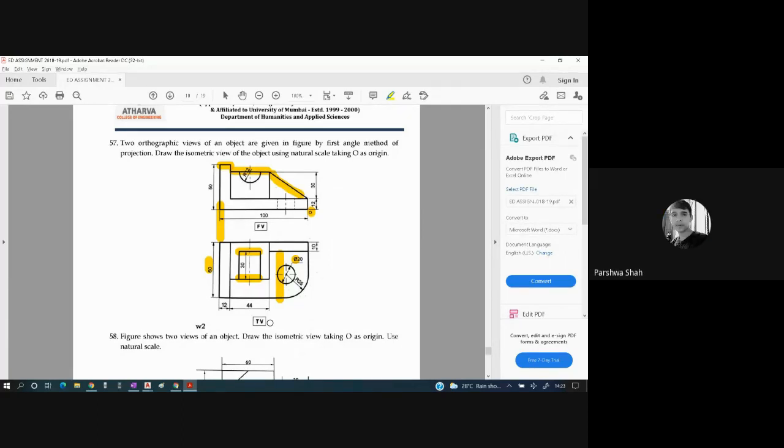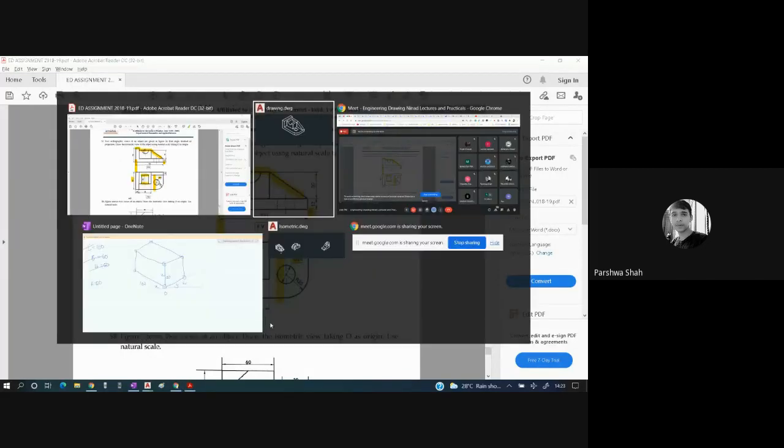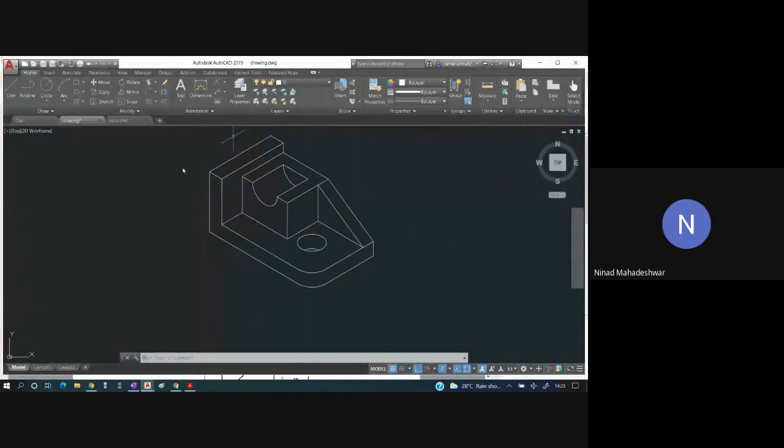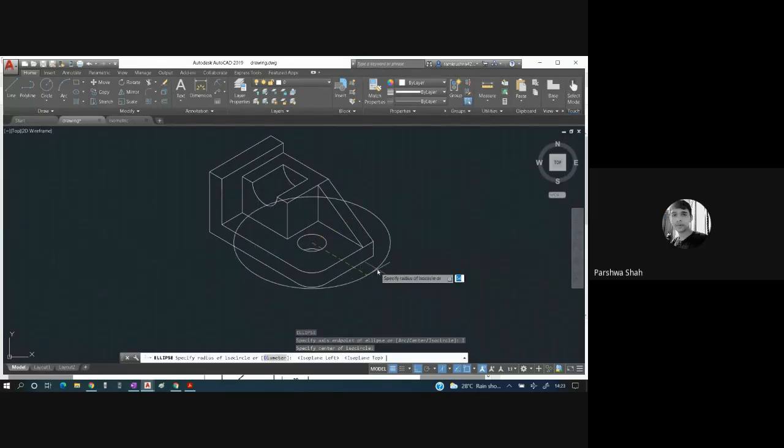Sir, have you got that center? How did I get the center? What you do is, go to ellipse, enter. Go in isocircle. Specify the center. Don't click over here. Hover over this entire part, that is the quarter circle. Exactly, you will see the center of the quarter circle. Click on that center and start drawing the circle. Yes, sir, understood.